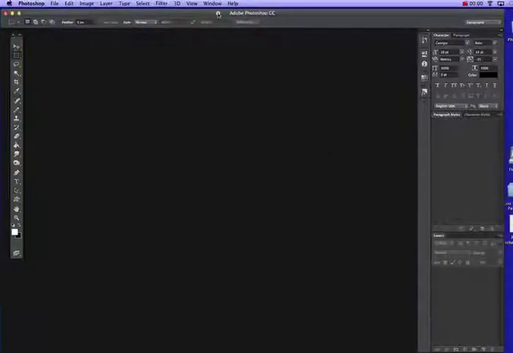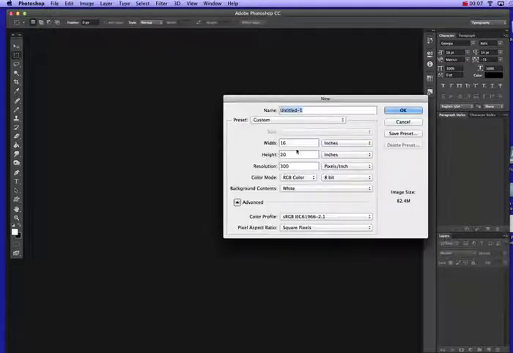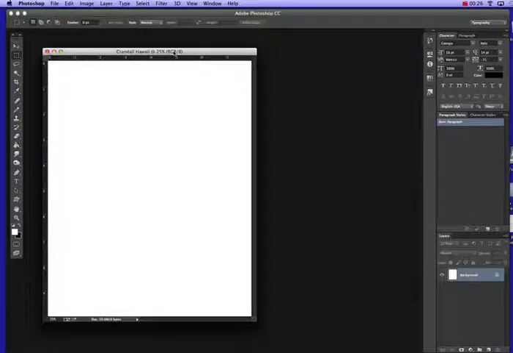Okay, this is the way we start our Hawaii advertisement assignment. Just go to File and New and make an 8 by 10 piece of paper. So make sure inches is picked and put 8 by 10. Let's say the magazine page is 8 by 10. And then just go ahead and call it your last name, Hawaii. Now the first thing I'm going to do, I'm going to hit Command R to turn off those